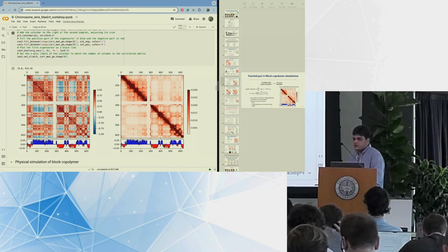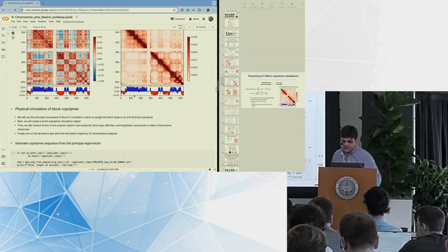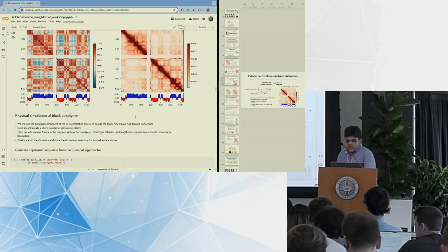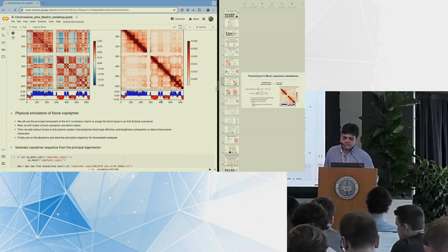So now we are just plotting it on top of the raw map, and you can see that a lot of this checkerboard pattern actually follows this eigenvector, the principal eigenvector. So the next step is we want to use this principal eigenvector to generate the sequence